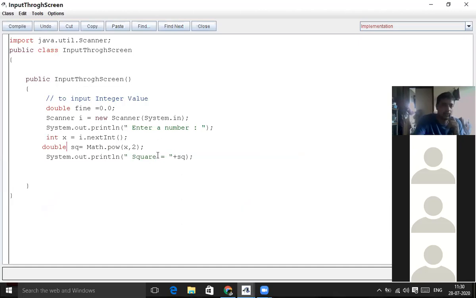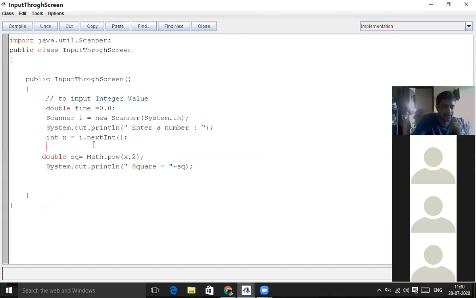Now if I want to go for any kind of power value, then what I have to do, I have to enter another variable, and I can just write System.out.println. What I am printing is actually I'm just giving some kind of message to the user. First one, they will be entering the number. Now enter power value. Now you will give a power value over here.